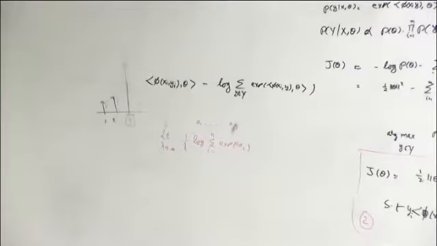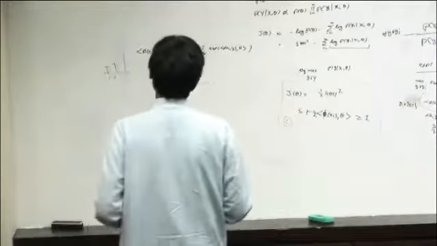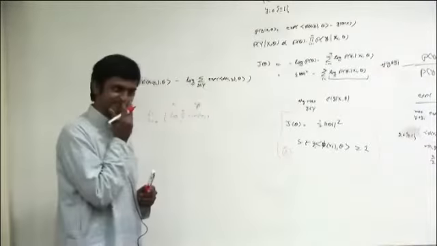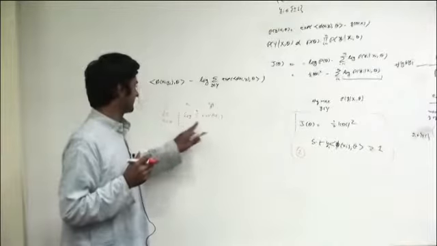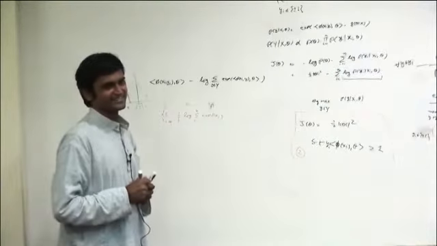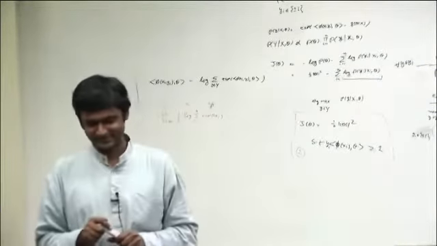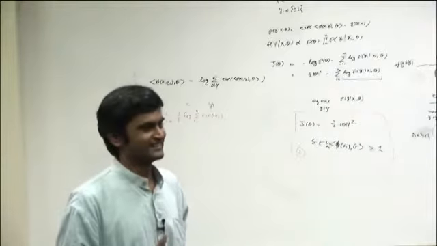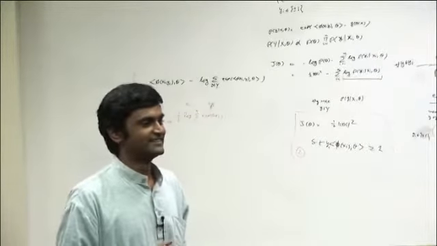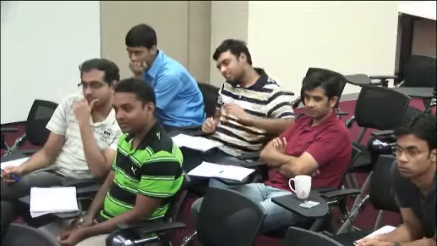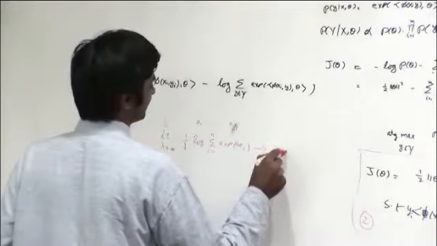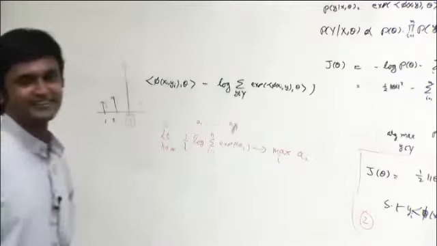Anybody remember the limits? Why would it go to 0? The 1 over lambda part will go to 0. Yeah, but the log of this will not go to 0, right? So intuitively, what do you expect to see? Make a guess. This limit actually converges to this quantity. You can verify that.